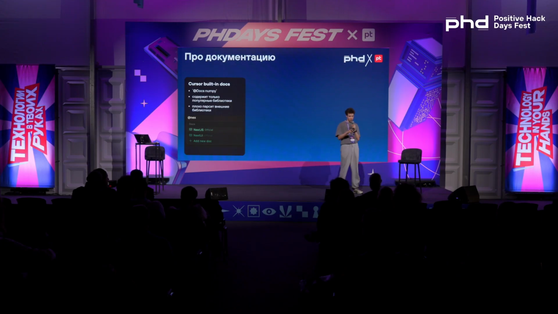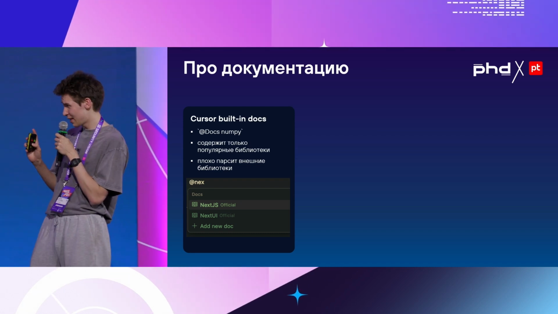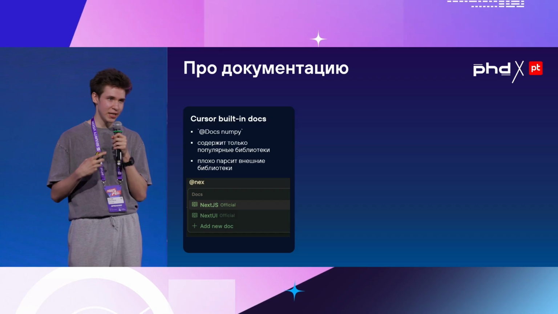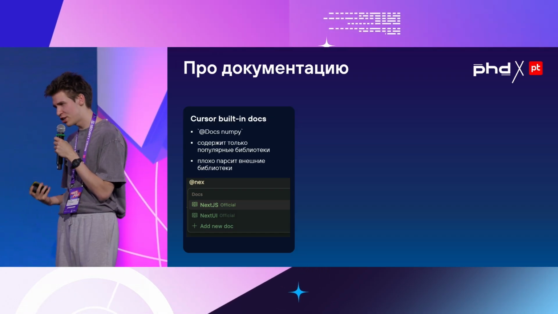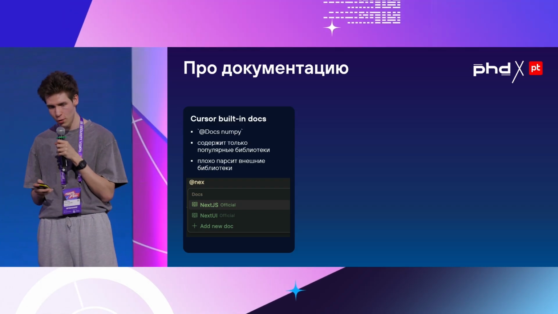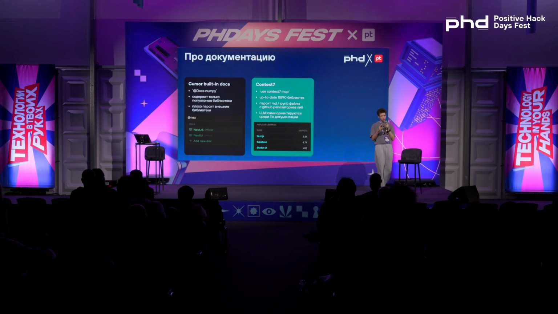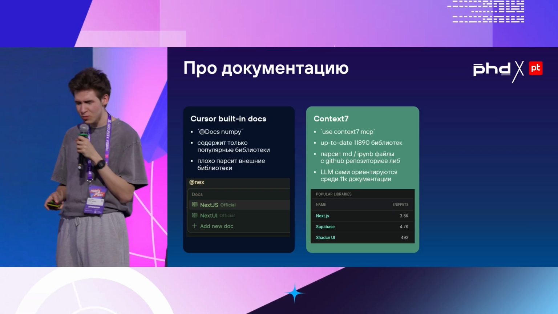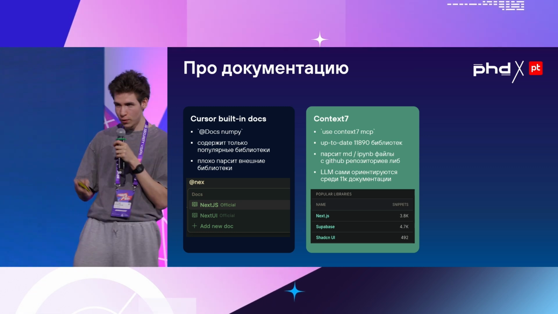So how can I use the inbuilt documentation? So you just do the whirlpool sign, then you say docs, and you select the name of the library. But then there are a few libraries there, and I don't really know if they update them often. And Cursor seems to allow you to parse external libraries, although it doesn't do it properly. Alternatively, you can do context 7 MCP. These guys have collected lots of documents, lots of snippets from different libs, and they put them into flat text files. And they've got nearly 12,000 libraries there. That's crazy.